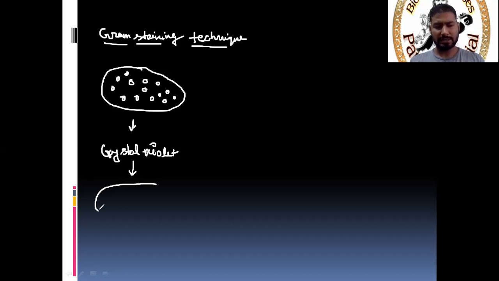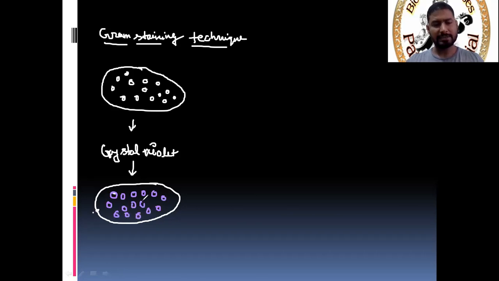So after that, what result did he get? Just look here. This is the Petri plate. In the Petri plate, there are different types of bacteria, and when they are stained with crystal violet, each bacterium will be violet in color. It should have a violet color like this. Each bacterium's color will be violet.